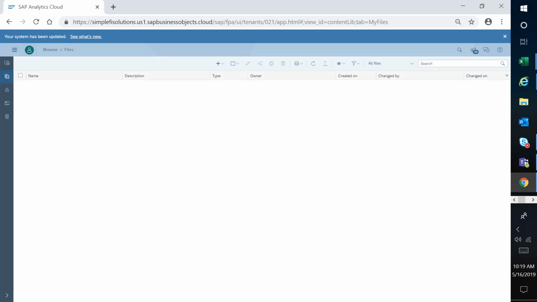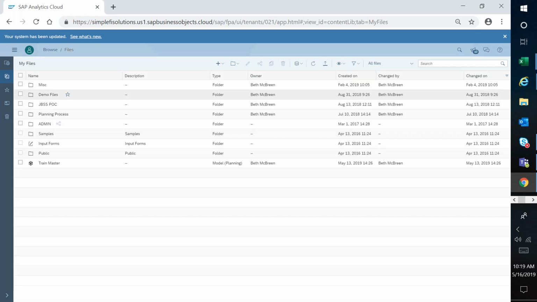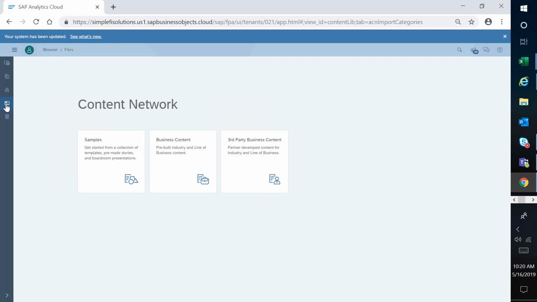One of the things that I like to point out, if I browse into files real quickly, is the capability of the content network. Within your files, I can have all of my planning. You can see here I've got planning process and demo files, but the content network actually has a lot of pre-built business content for you to use. It's free when you purchase Analytics Cloud.